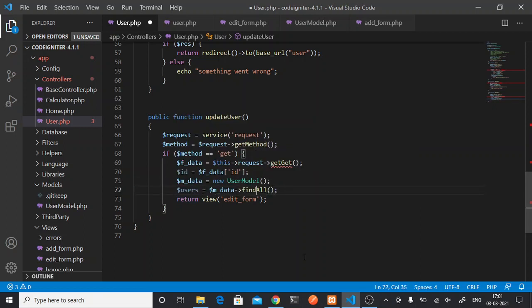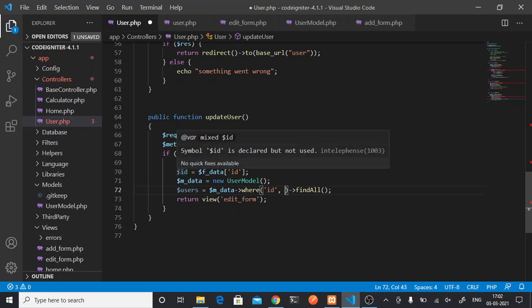So here on the model we will have to write the where clause. Where is a method: ID, my field name, and my field name value. So ID is equal to, I can directly write app data or I can write $ID.